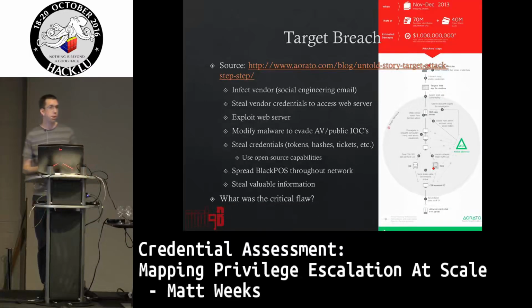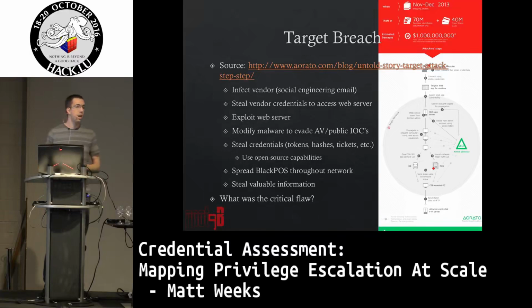On that web server, the attackers were then able to steal credentials. So they were able to find out that a Target admin had logged into that server, and then using a tool like Mimikatz or Windows Credential Editor, there are many different ways to do this,